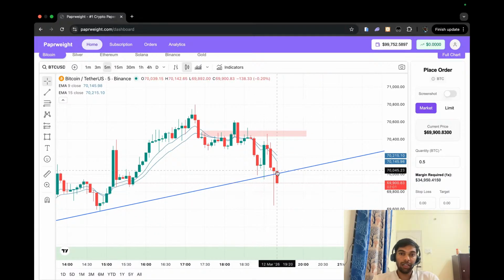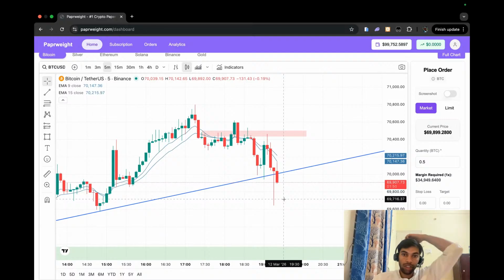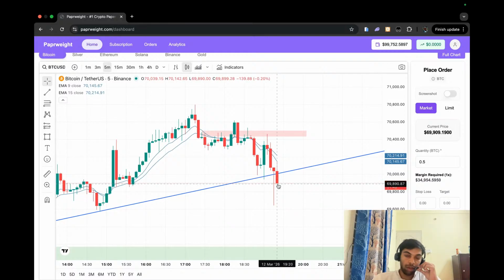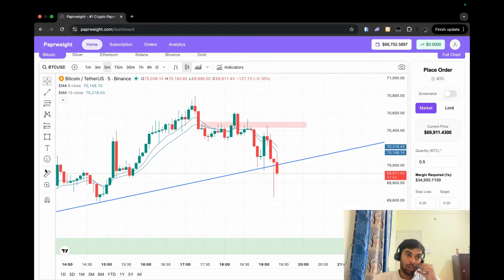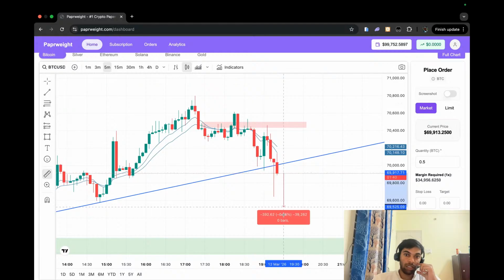Might be it wiped out all the weak sellers and now the market has to continue in the downward direction. That might be the possibility. Then again, this is a good opportunity to jump in on the selling side, because if these weak buyers are out, then who is left are the big players, and they have the potential to take the market somewhere here.